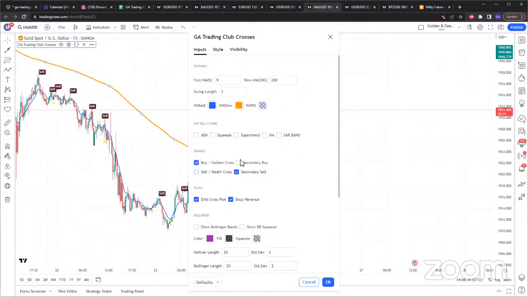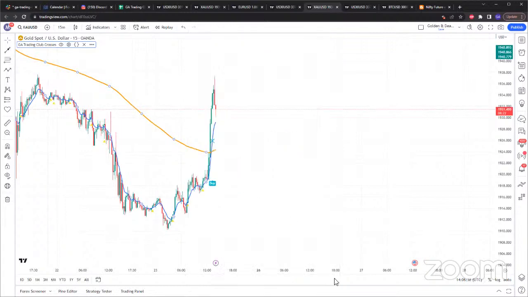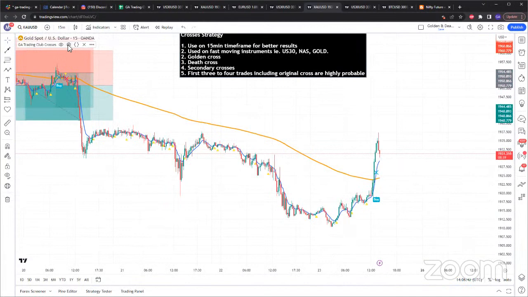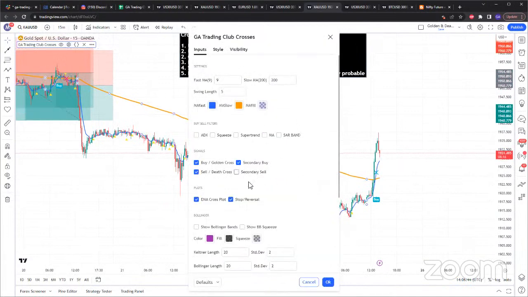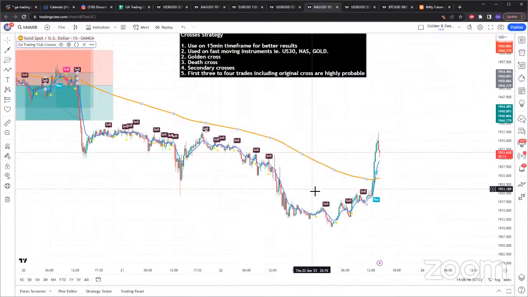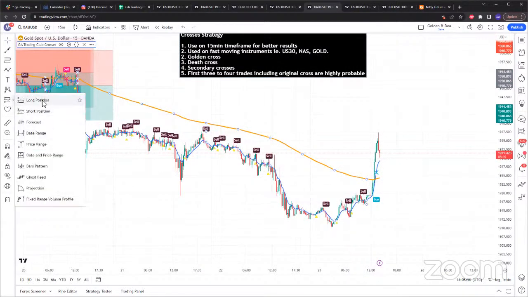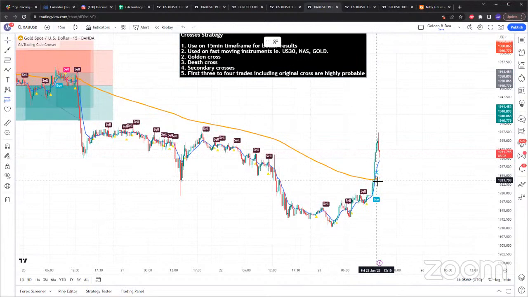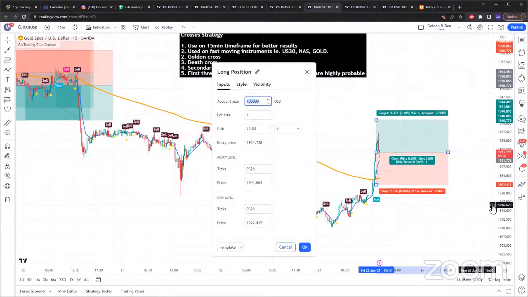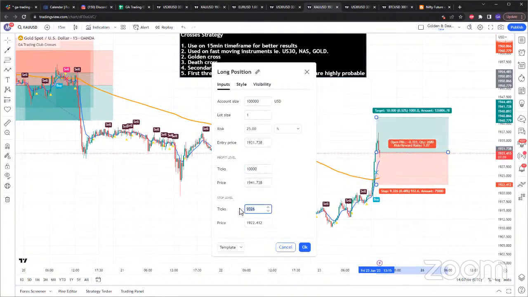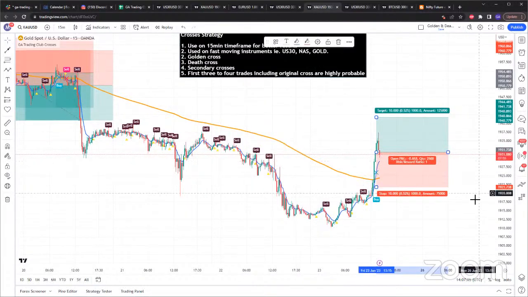So buy. Let's see. Okay, just by looking at this, let me even turn on both buys and sells on gold. If you're looking to buy this golden cross right here, this is the golden cross, this would have been the buy, and then you enter here. For me, I do 100 pips TP and 100 pips stop loss. So that would be the entry for gold.